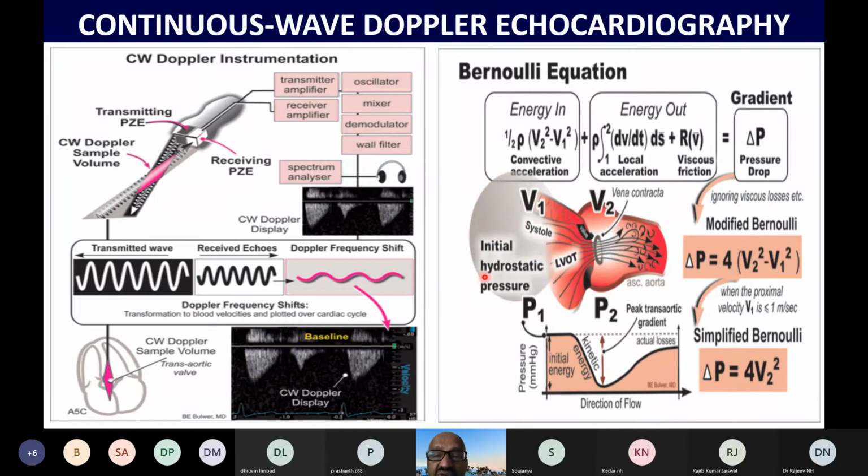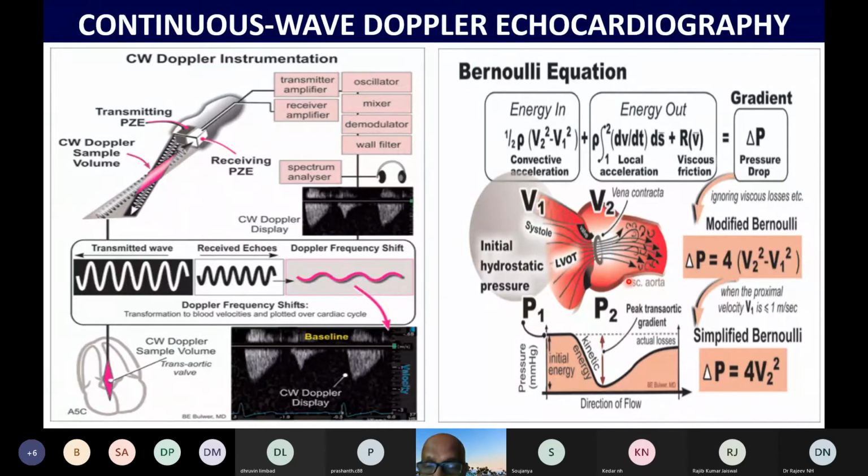So the ultrasound beam, the continuous wave Doppler beam, when we put it across the aortic valve in stenotic lesions, gives us the maximum pressure gradient. Because of the loss of pressure in the process of conversion of potential energy into kinetic energy, we are measuring the pressure gradient here. So because of the loss of pressure here, the pressure gradient will also be read higher than what it actually is, because of the pressure recovery phenomenon.